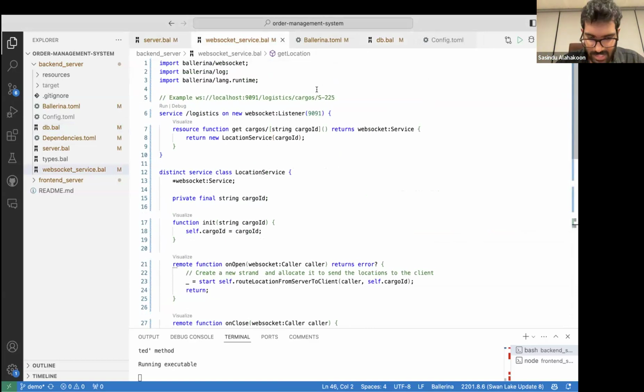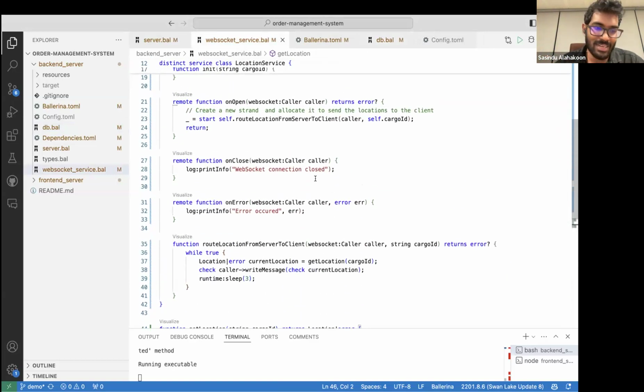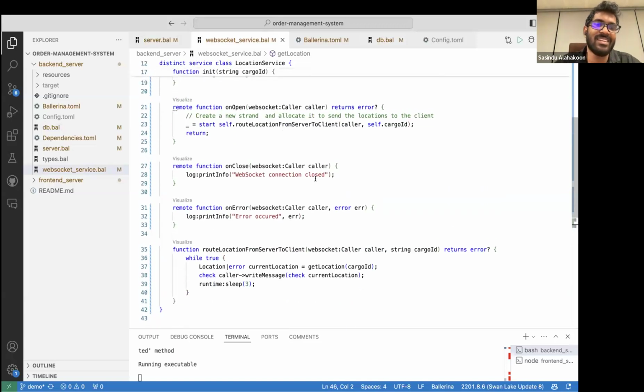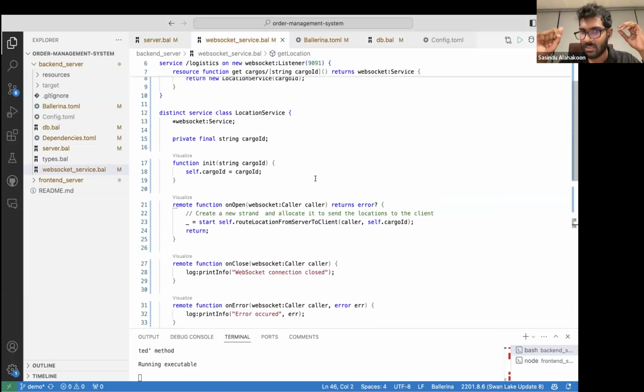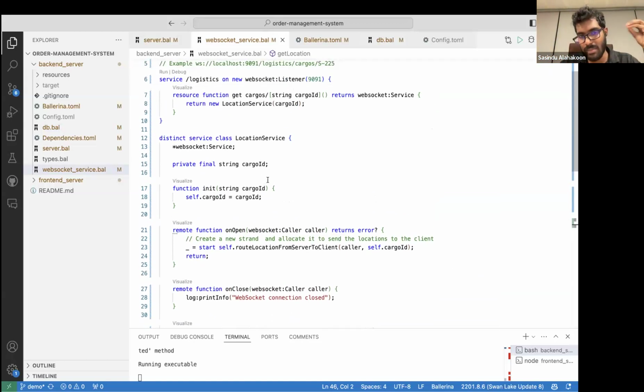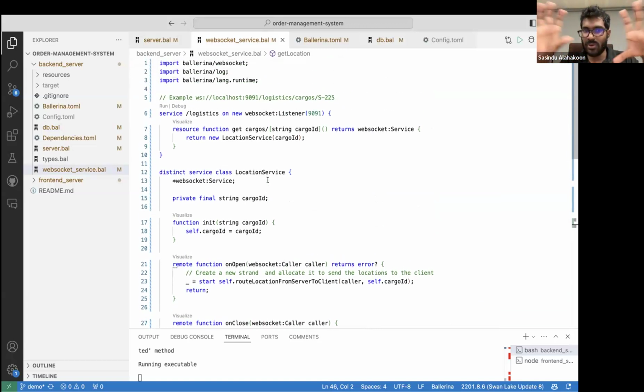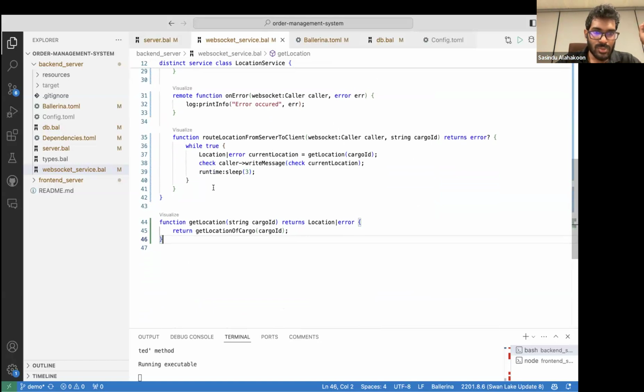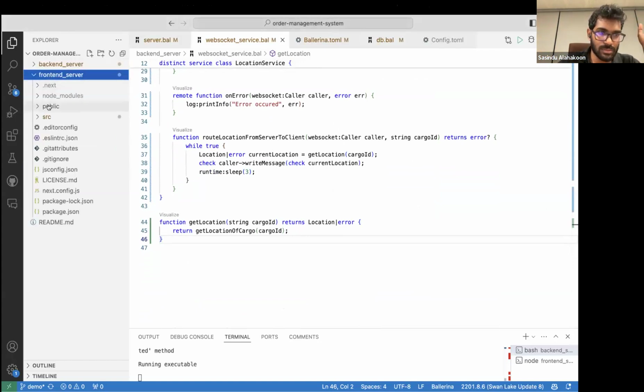So this is the implementation in Ballerina. You also agree this is very simple. If you develop a WebSocket in any other framework, it will take more lines than that and it will be complicated. But in Ballerina, all the complexities are bound into the language. So developers can code very easily. Ballerina handles all the complex things, making it easy for the developer. Now let's go to our JavaScript code